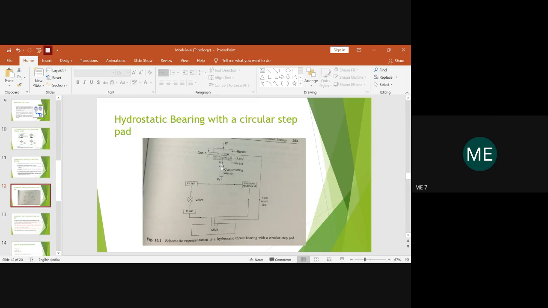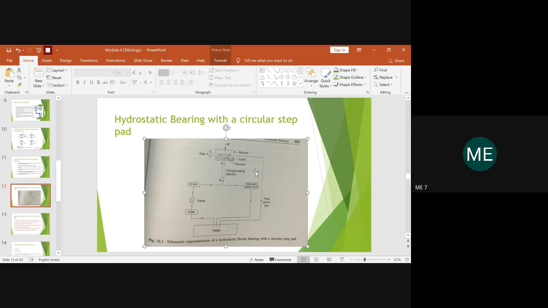If PS and the required pressure are the same, there will be no compensation. Directly the entire amount of supply pressure will be made to pass through the recess. If the supplied pressure is comparatively higher, then in the compensating element only the required pressure will be transferred to the recess, and the remaining oil with the excess pressure will be made to pass through the pressure relief valve.